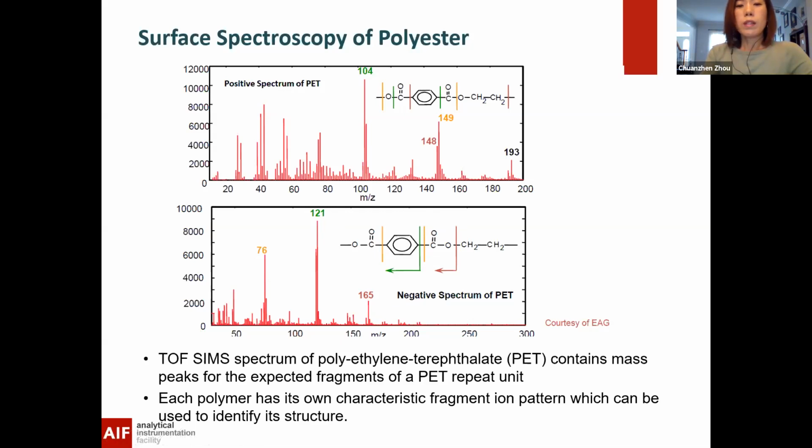So whenever you see a spectrum that shows these several fragments together and the intensity ratio is similar, then you can determine this polymer at least contains a polyester fragment, a polyester repeat unit. So using TOF SIMS, you can actually identify